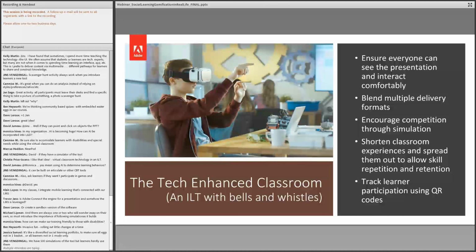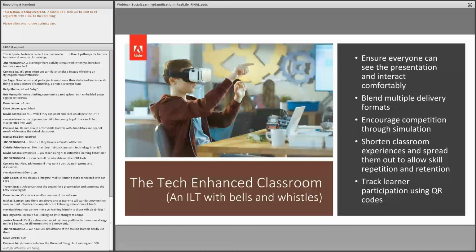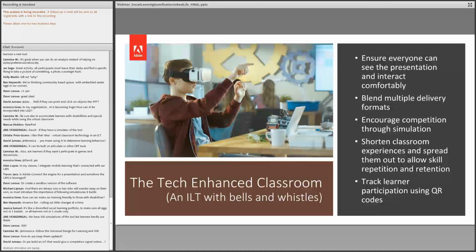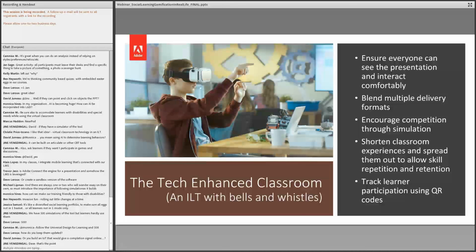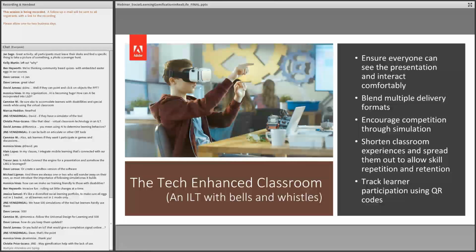One thing that is great with complex topics or topics that require practice is shortening classroom experiences and basically spreading them out. So it's more like a college course where you have a weekly lecture, but you've got time to process things and do assignments in between what you're learning in the lectures. That's allowing the learner to practice the skills that you're teaching and hopefully retain more of it than if you just hit them over the head with 8 hours of content, which, as we know, is not the easiest way to get people on board with new content.